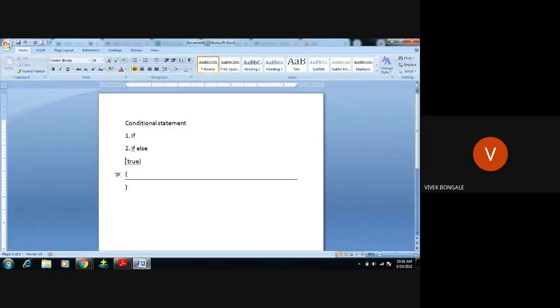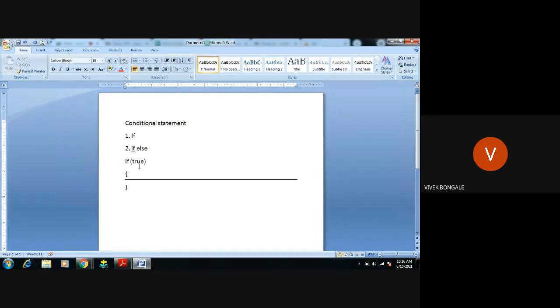So I explain here, if is the keyword, followed by a condition. If this condition is satisfied, then the block of code we have written under this flower bracket will be executed.